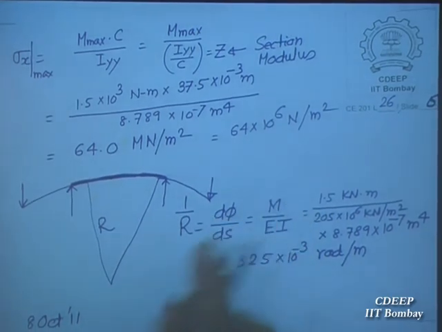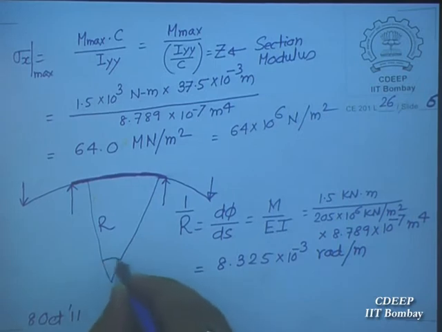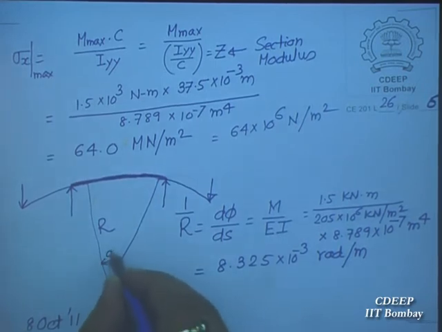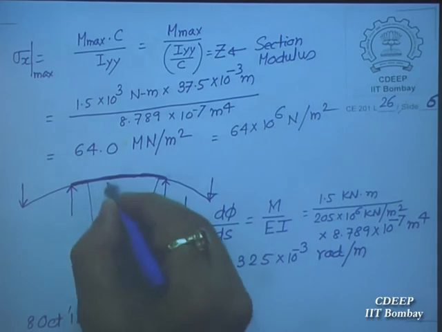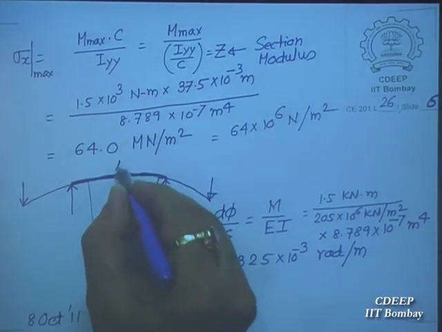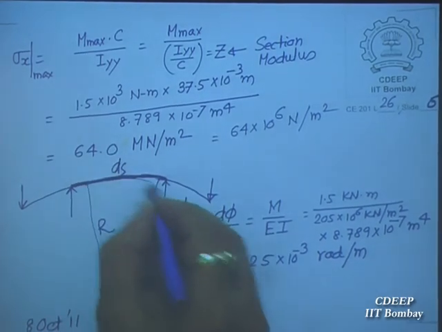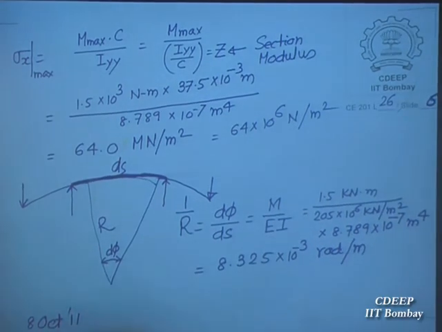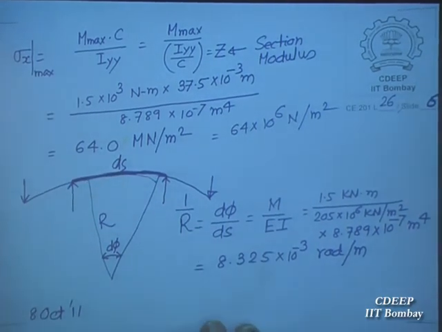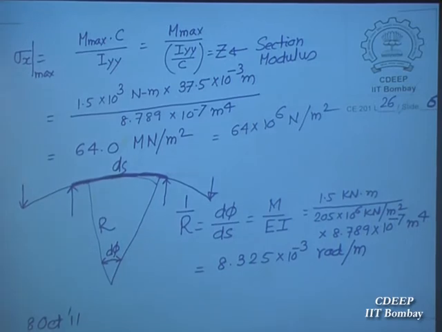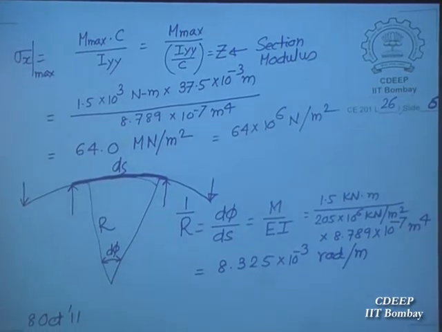I think d phi was coming because of this, and we were taking ds, this is ds. D phi by ds. So radius also is found out. Then supposing we want to find out